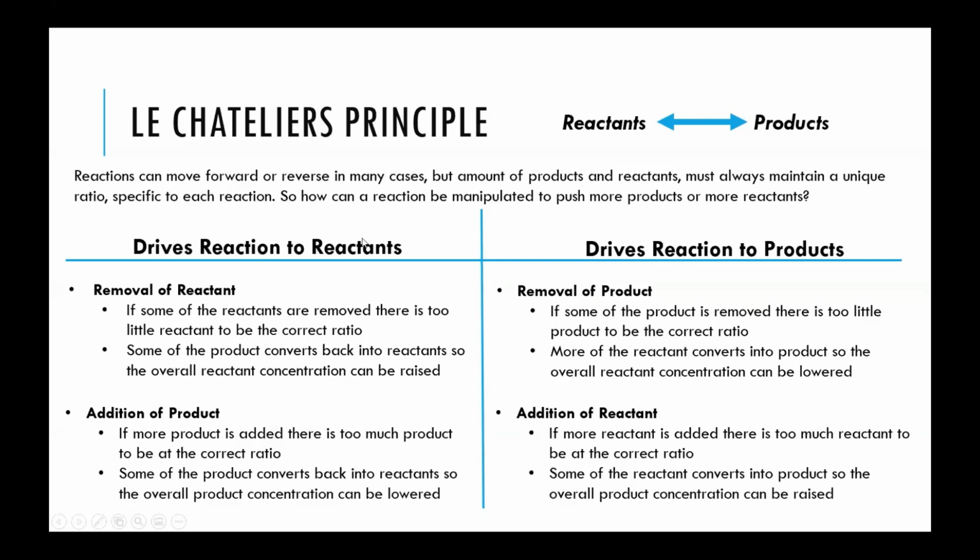Typically, things that will generate more product is obviously if you add more reactant. If there's more starting material, you will make more of the product. But also, if you continually remove the product, let's say in the case of a reaction that produces a solid,